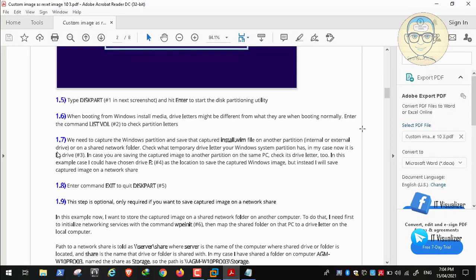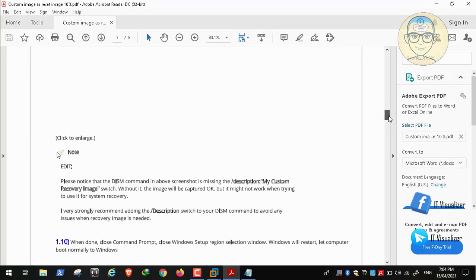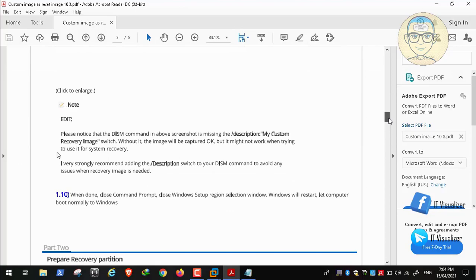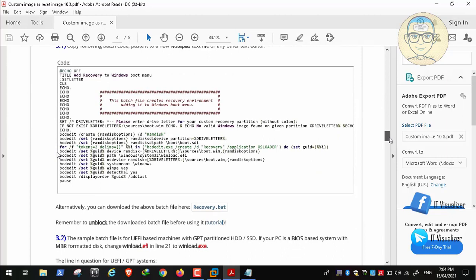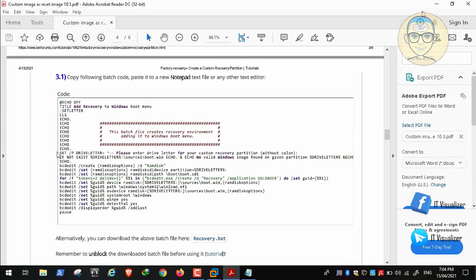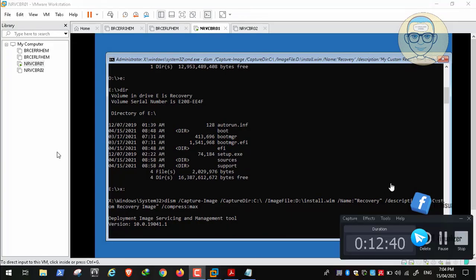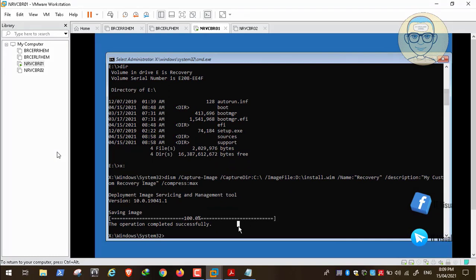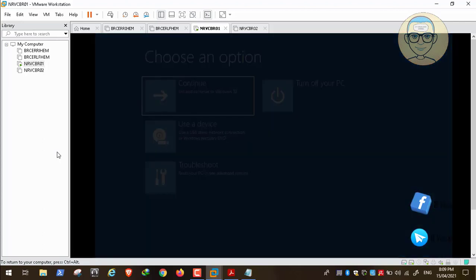It will take a little bit of time. So here we will wait and see. Here it's still capturing the image. It will take a little bit of time. So here it's 100%. So now we will exit, okay, and then go to Windows